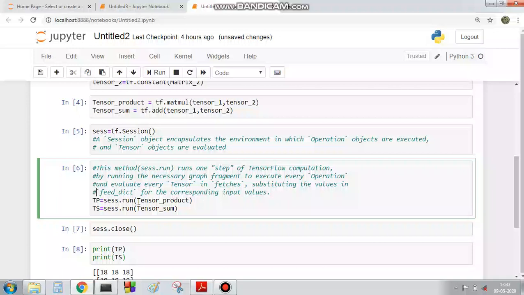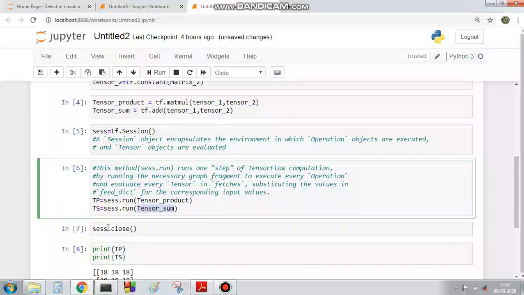So I am passing the tensor operation tensor product to ses.run, and the result will be stored in TP. Similarly, the tensor sum operation will pass through ses.run, and the result is stored in TS, all capital.